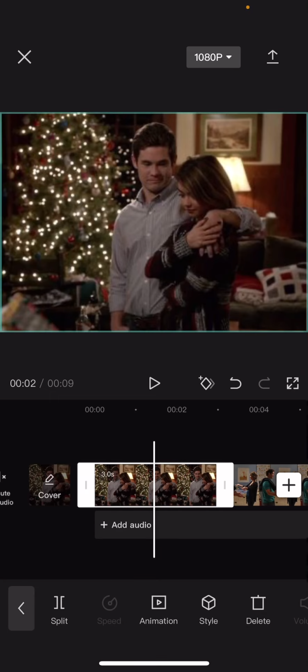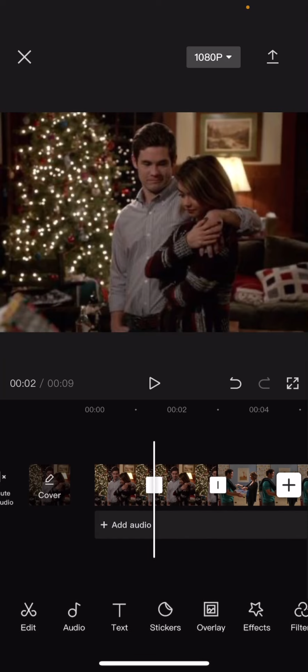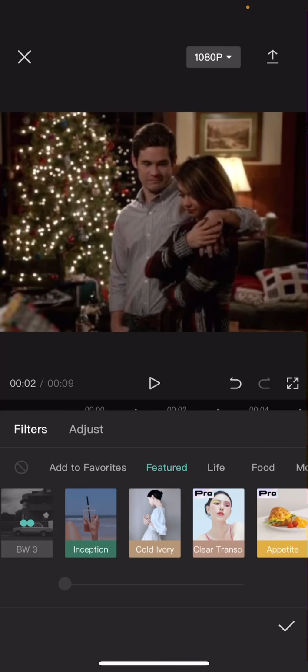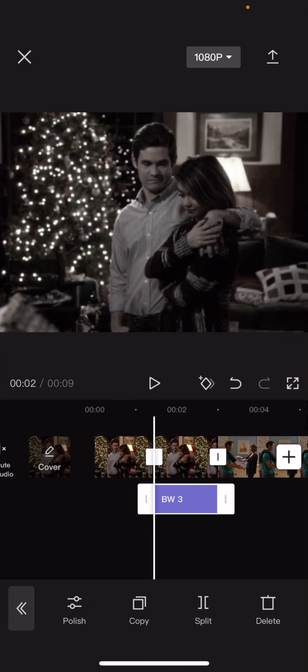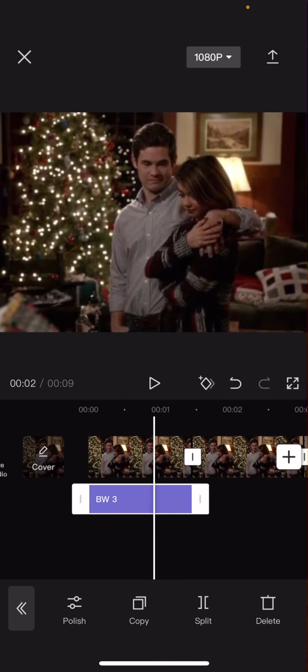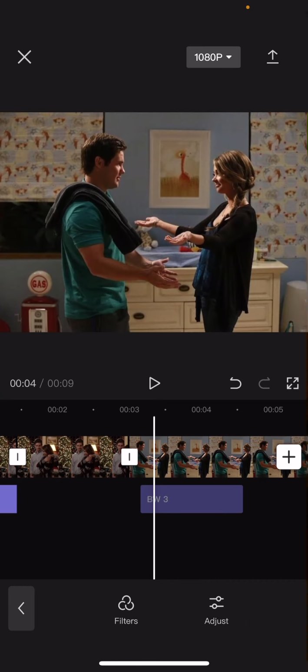So in the middle of the photo, you're just going to split it, and you can also split it on beat, but as you can see, I'm not using any audio right now. And on the second video, you're going to go to filters, and you are going to add black and white. Oh, actually, you're going to add it to the first picture. Sorry. You're going to add it to the first picture, and you're going to do that to all of the